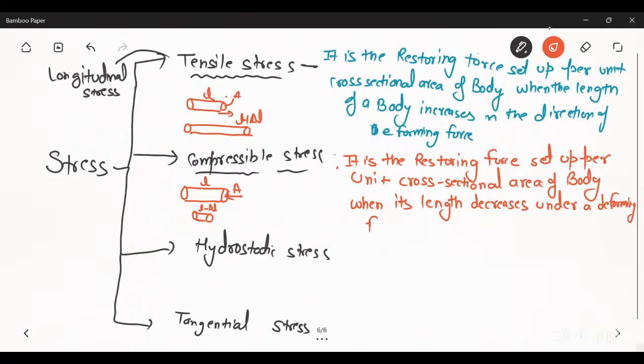Okay. When the length of the body decreases on applying the deforming force, this is known as the compressible